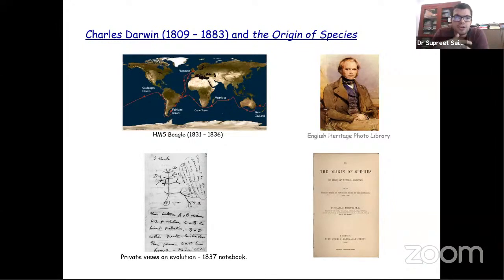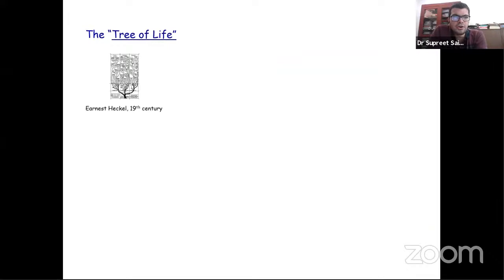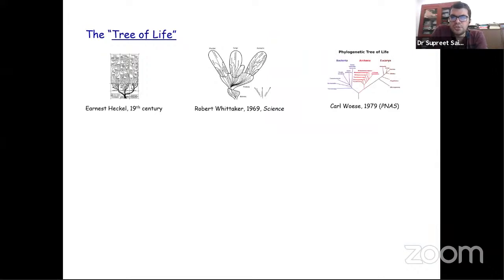Of course, the popular opinion at the time was that life forms are immutable and have been created in their present way, shape, and form the way we see them, and have existed like that forever. But Darwin could see that that wasn't true. Species were in fact undergoing change all the time, and hence this tree-like arrangement. This tree-like arrangement has actually gone through several changes, from Ernst Haeckel's tree to Robert Whittaker. Carl Woese made a gigantic leap in the 1970s and 1980s.